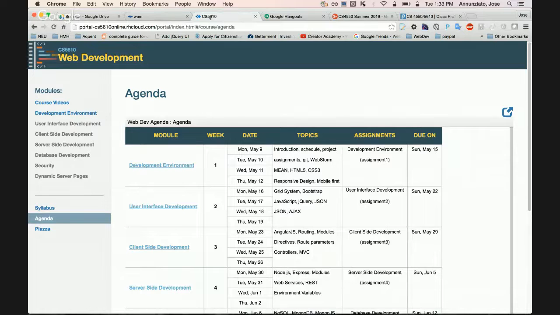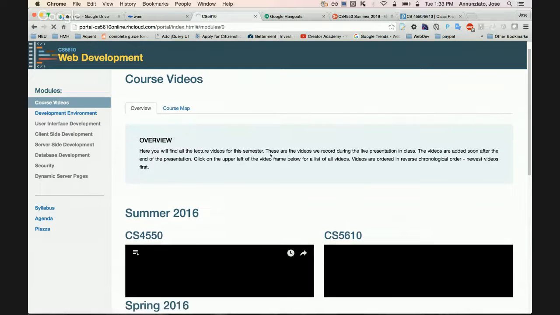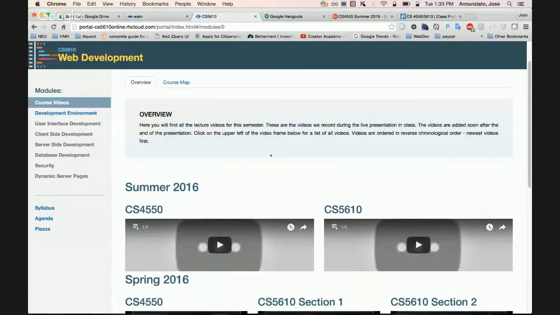In the portal, as I noted yesterday, one of the links will give you access to all the videos. Two playlists here, one for this section, CS4550, on the left-hand side, and one for CS5610, which meets on Tuesdays and Thursdays.